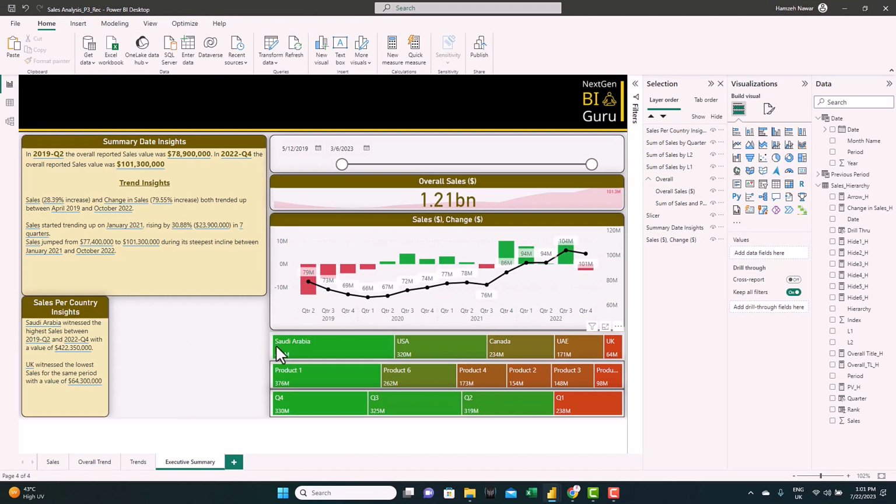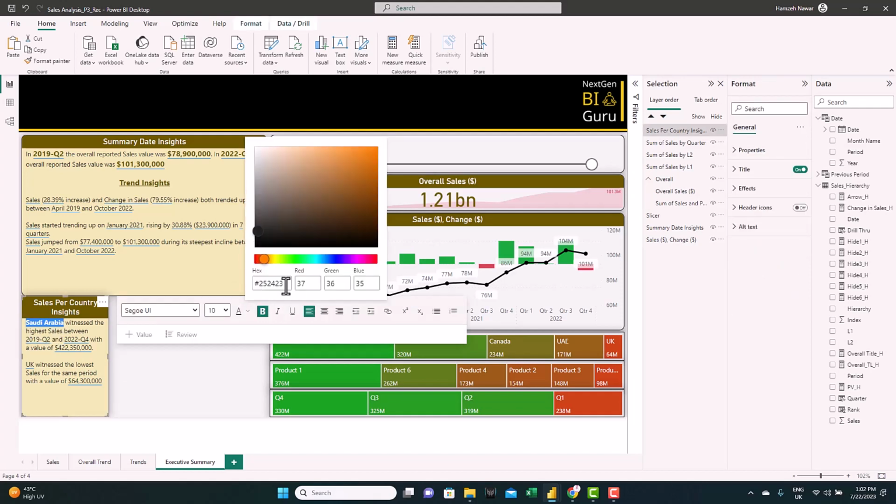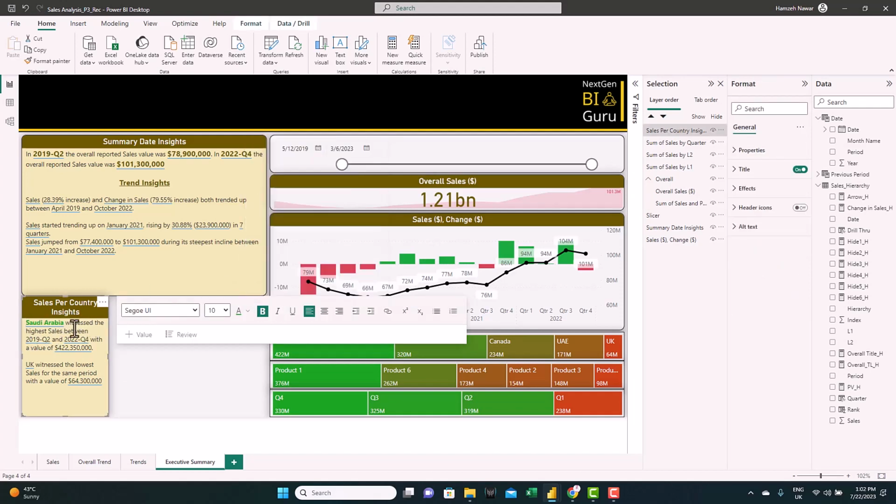And we can see the values showing Saudi Arabia, which is showing the highest sales, and see the start and end period based on what we selected in the slicer, and also the value showing the same value showing in the tree visual. Now let's format those values, changing the size and give it a green for the highest, change the periods.